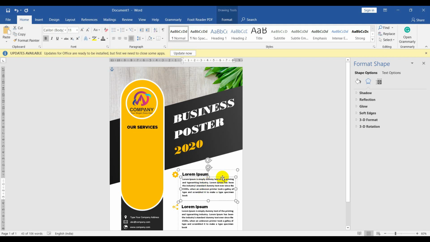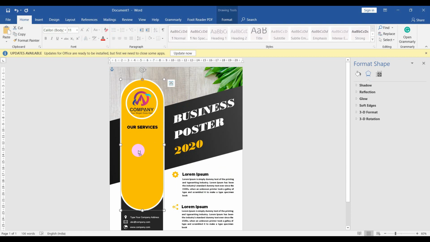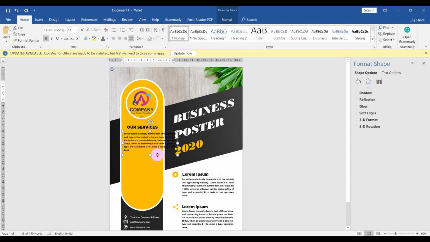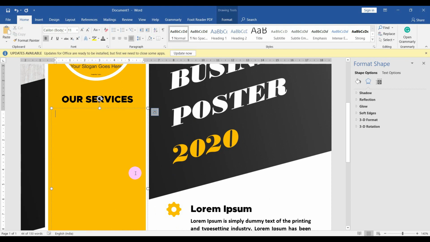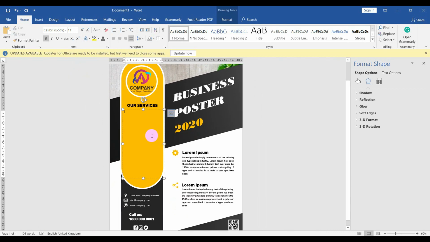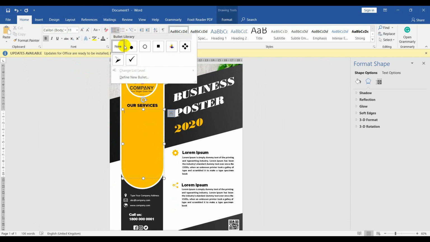Now take this one to description part and place over here and increase its box height. Now I'll take only this part and rest of text I am gonna delete. Now take a bullet from here.